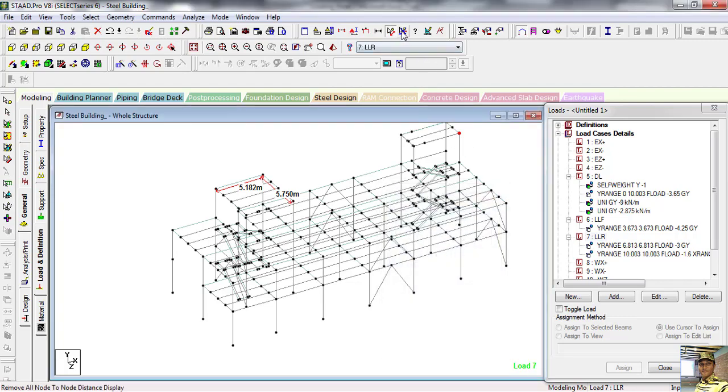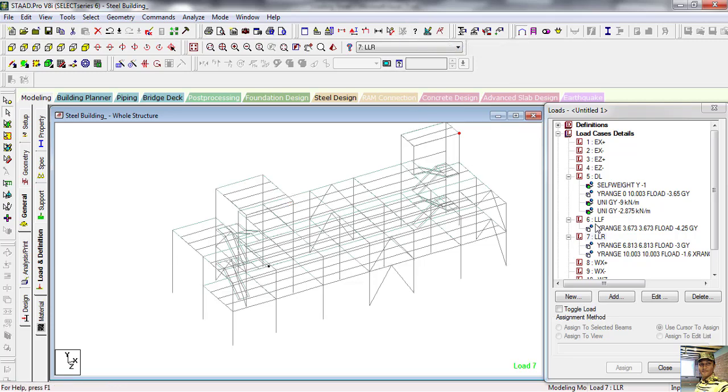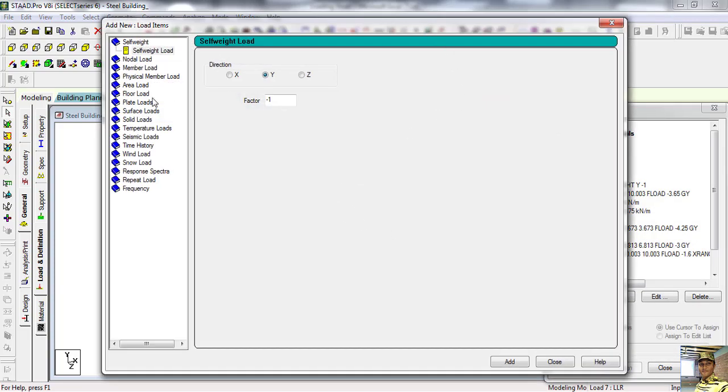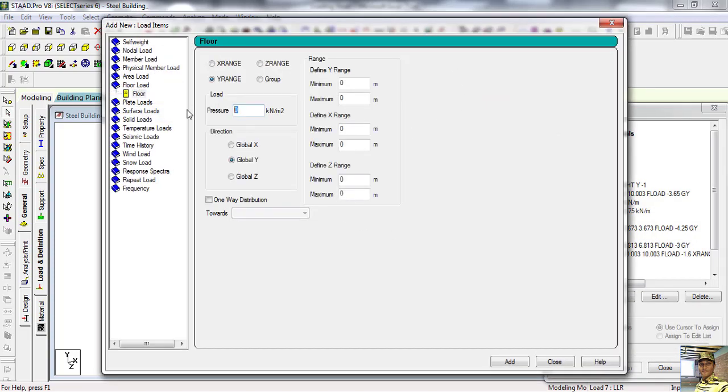So remove all this node, add floor load, that is also negative 8.2 kilonewton per square meter.